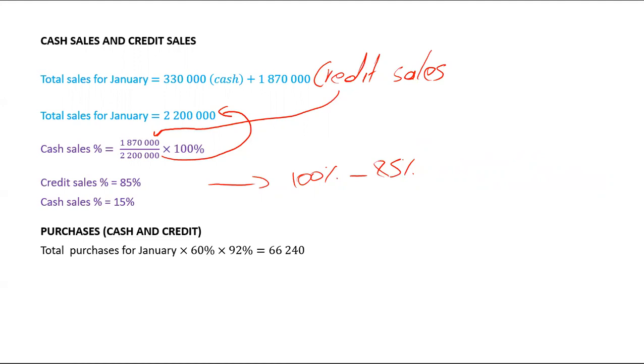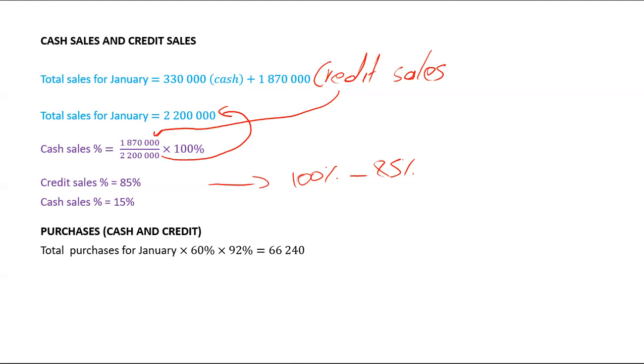However, please note that if I take my January purchases and multiply it by 60% and by 92%, it will give me the creditors' payment of